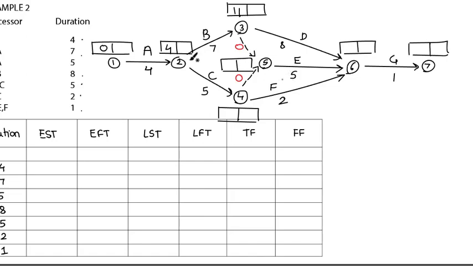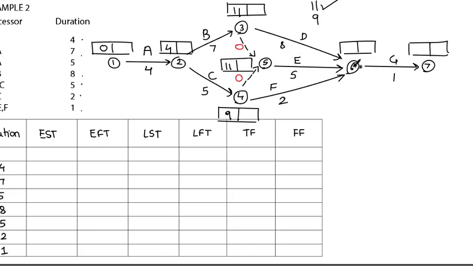Coming to C node, 4 plus 5 will give me 9. Coming to the fifth node, 11 plus 0 will give me 11, while 9 plus 0 will give me 9. The bigger number is 11, so here we'll go with 11.